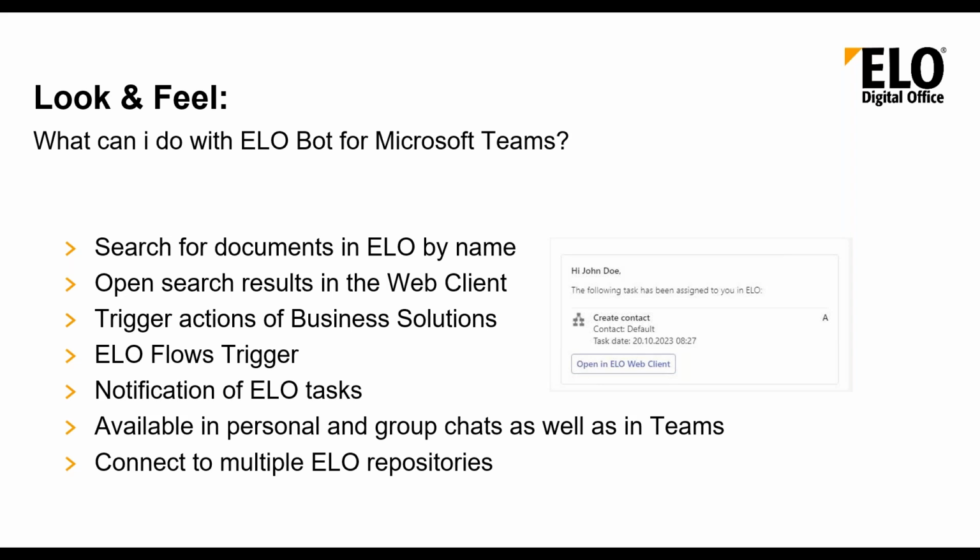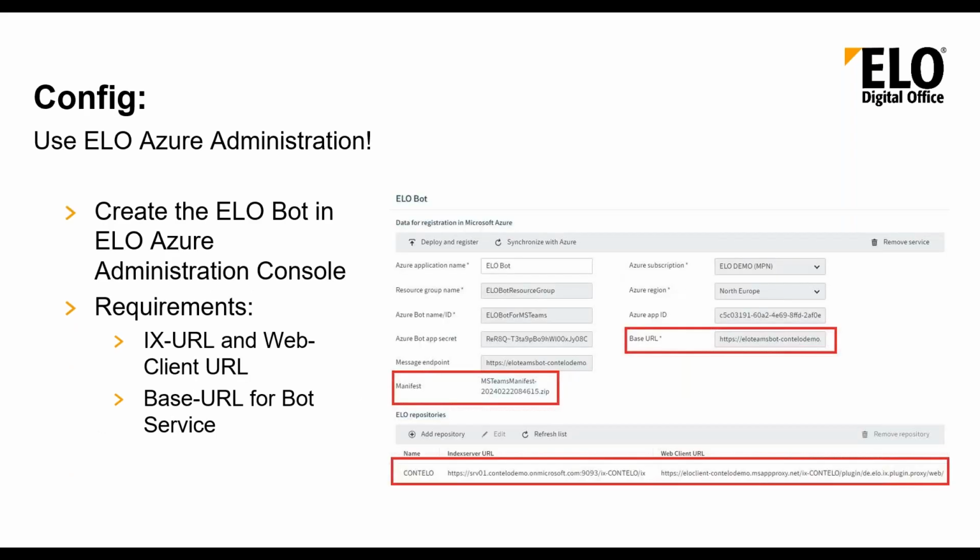And on top of that, the bot is able to switch between repositories. So you can configure repositories that the bot can connect to. For example, if people work in a bigger company with more ELO repositories and they need access to 2 or 3 repositories, you can configure the bot to work with all of them, and you just switch in the bot user interface in Teams which repository it should work in the current session with. And so that you can get an impression of how this looks,